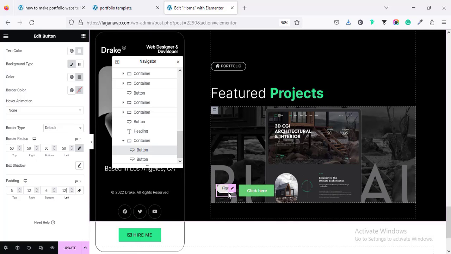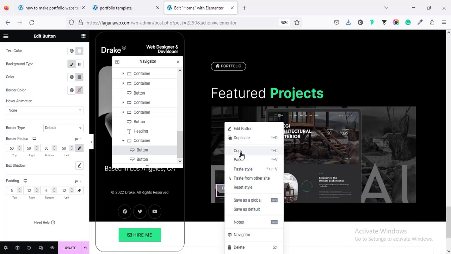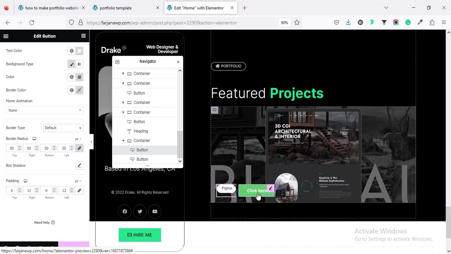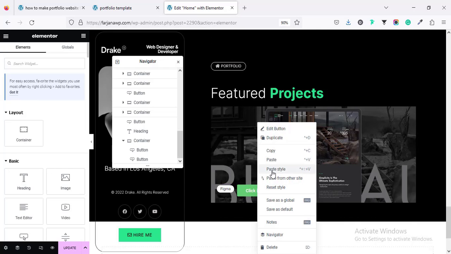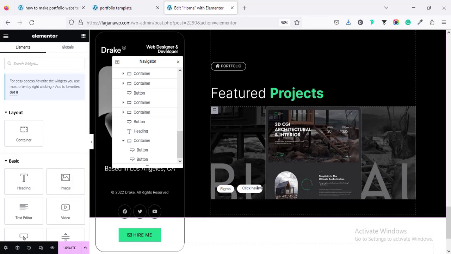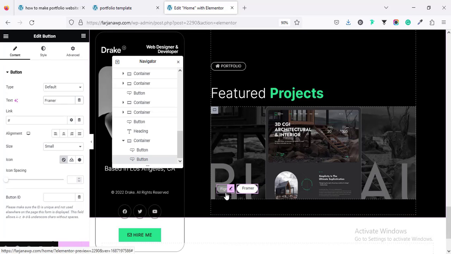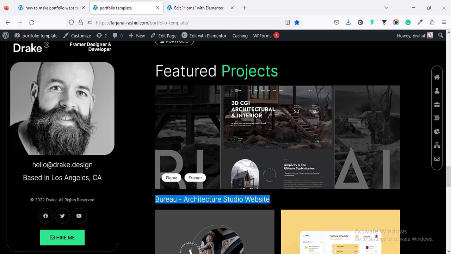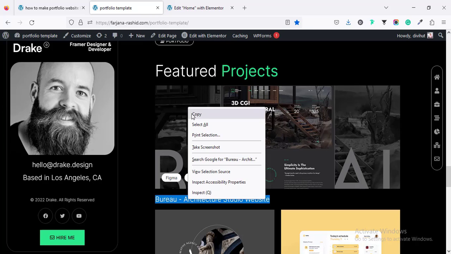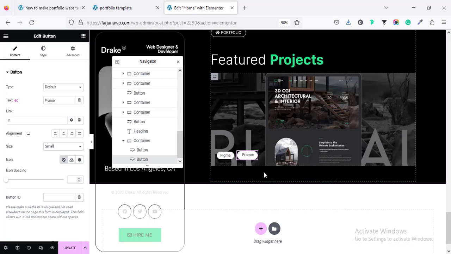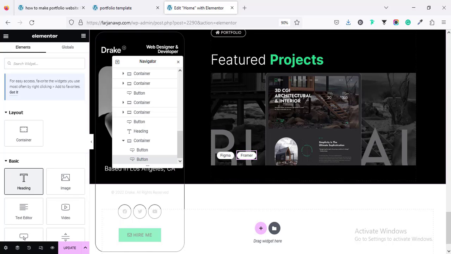So this button is done, and now simply copy the style, and for another button paste style, and here we can change this text to Framer, or here we can add specific text or tag related to this portfolio. And here in the same way we can add more buttons if we want. Then here there will be a title text, so going to copy the text, and here going to add another heading, taking another heading